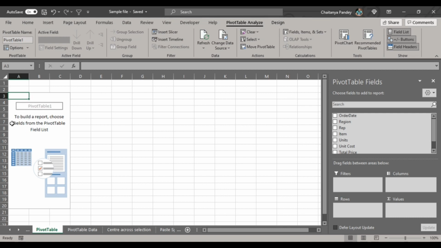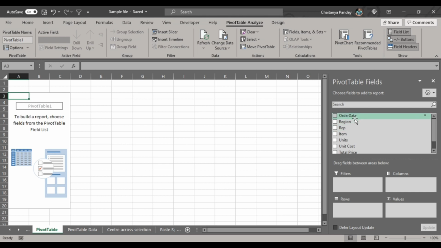Here you see some options. It says to build a report, choose fields from the PivotTable field list. Where is the PivotTable field list? This is the actual place which is called the brains of the pivot table. Here you can select data according to the headers you had in the original sheet.